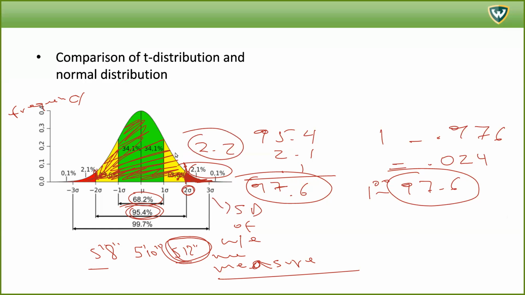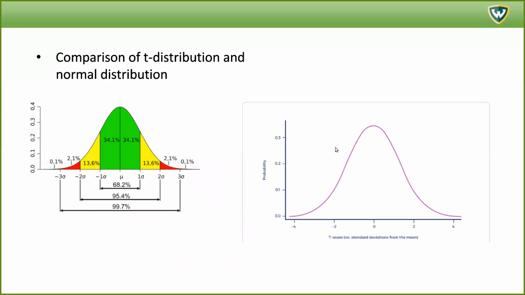So that's the understanding of how the normal distribution works. And then the t-distribution is virtually the same, except the curve changes a little bit, and then the calculation changes based on the degrees of freedom, the sample size. And we don't have to learn that, but as long as you understand the concept of area under the curve and the frequency of observational units, standard deviations from the mean, and so on, it's just the same general idea, except